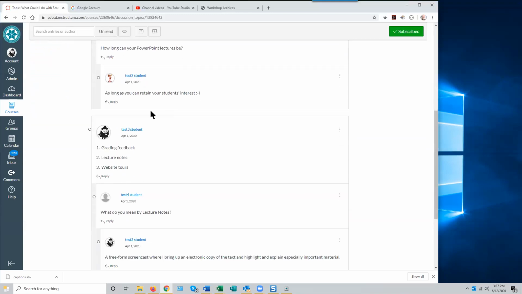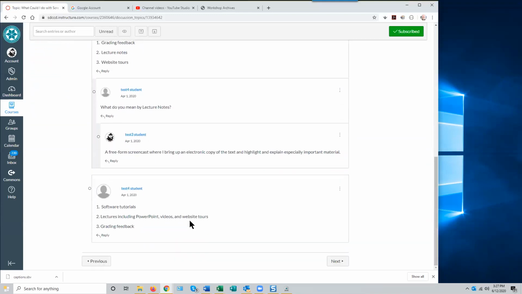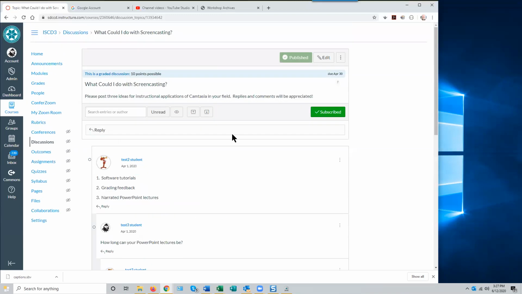And then, of course, you can have multiple threads. You may have hundreds of posts in a very active discussion forum. And these can be graded. We'll take a look at how that grading is done in the grading seminar later on, or I'll answer questions about that if we have time later. But right now, we're at almost the 3 hour and a half mark, and we now need to move on